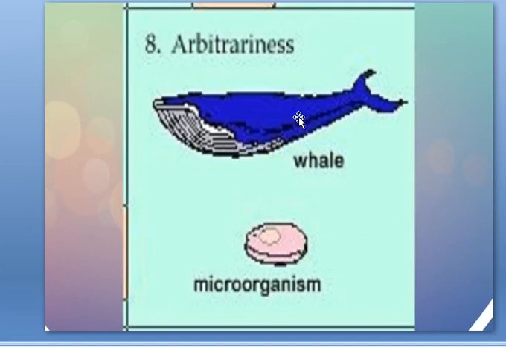No, there is no intrinsic connection. There is no logical connection between this word and this animal, right? Here the same, this thing is called microorganism. A very minute type of organism is called microorganism. So this word microorganism does not have any logical connection with this very organism, right? It is only the mutual agreement of the speakers that this big thing should be called whale, and this small thing should be called microorganism, right?